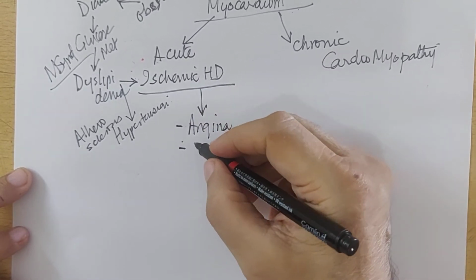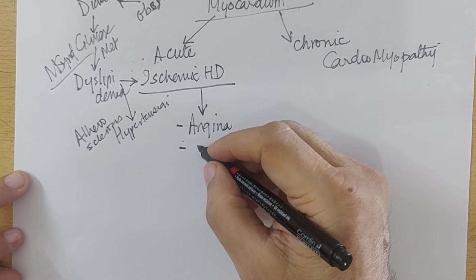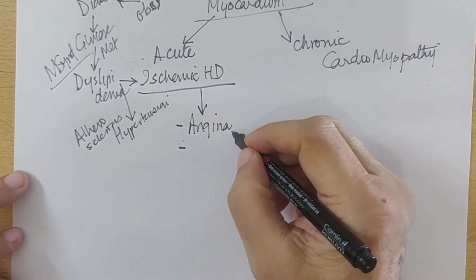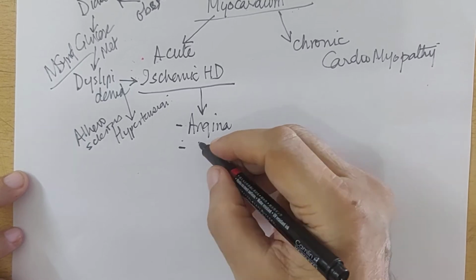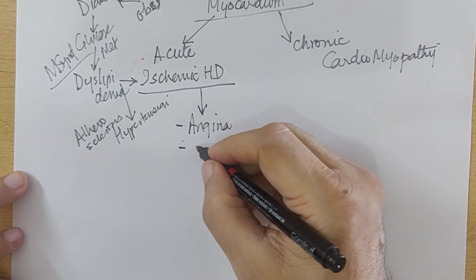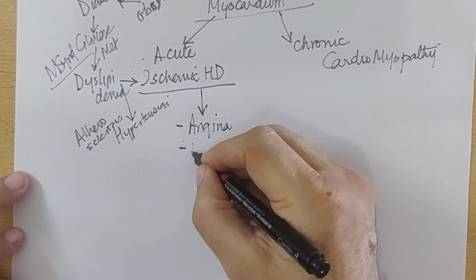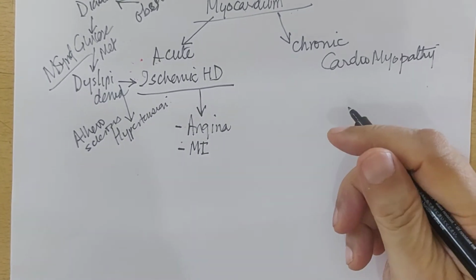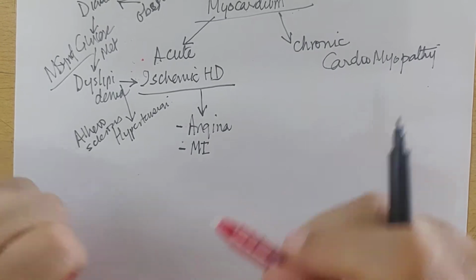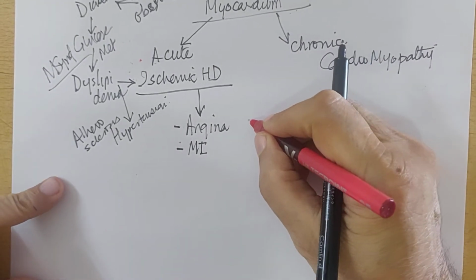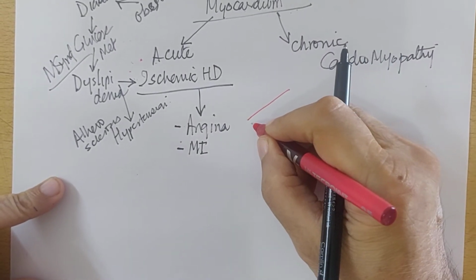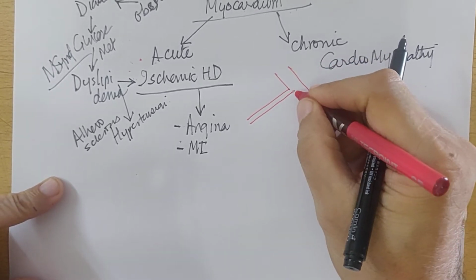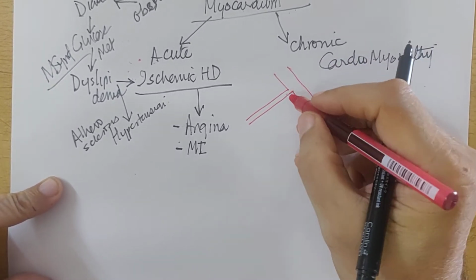Then there can be a permanent type of pain, not relieved on rest, in which there is myocardial infarction. One thing that you have to understand about myocardial infarction is that if this is one coronary artery emerging out of a larger branch of the coronary artery,